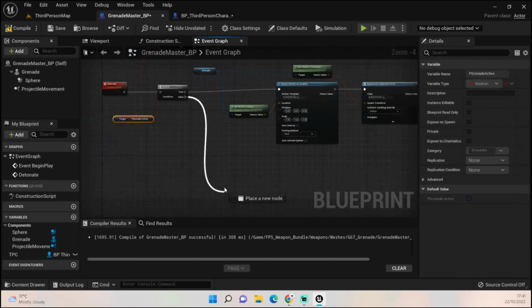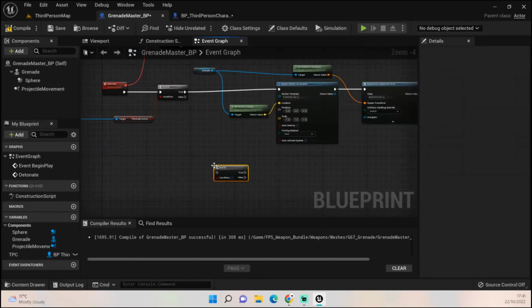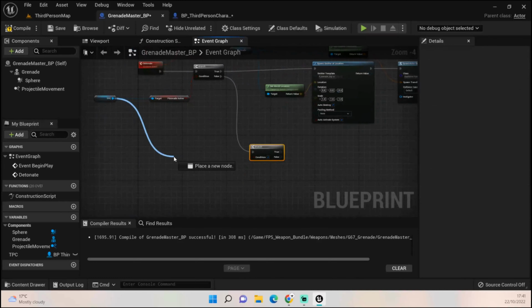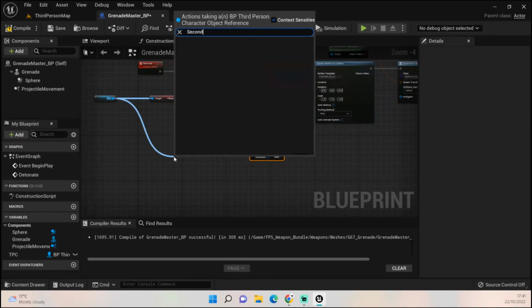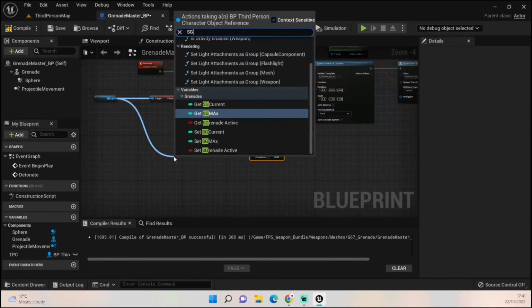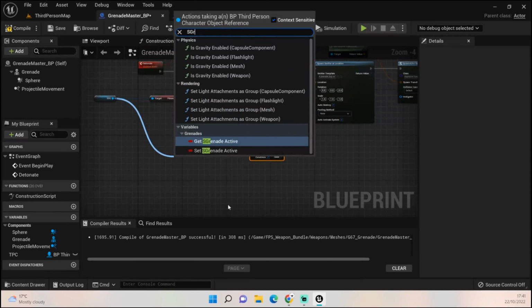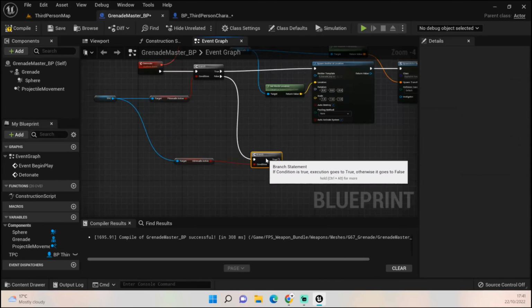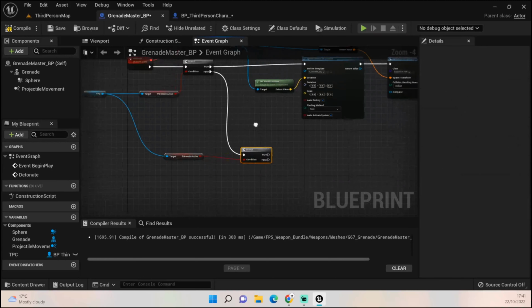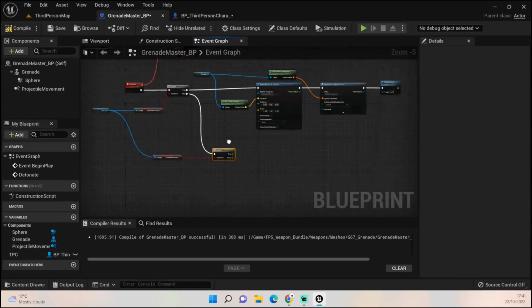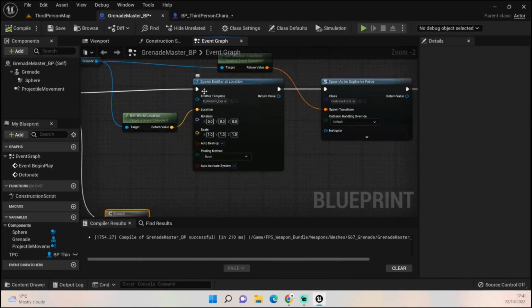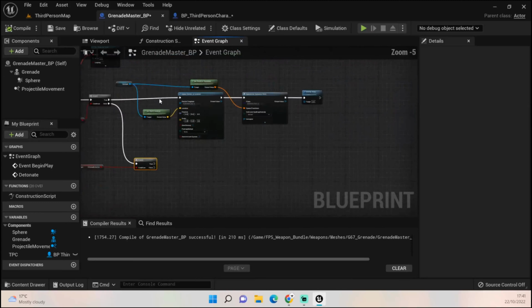Then we want to pull off and do another branch. Okay, and we're checking now to see if that is our secondary. No, S grenade. So we want to see if our S grenade is active. Okay, you can do this for multiple different grenades. It's fine. This isn't the brunt of it, so this won't change the look of the grenade. All this is going to do, the only reason we're doing this is to change that red grenade explosion to